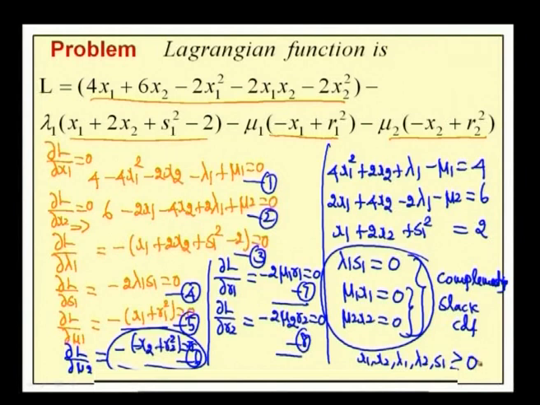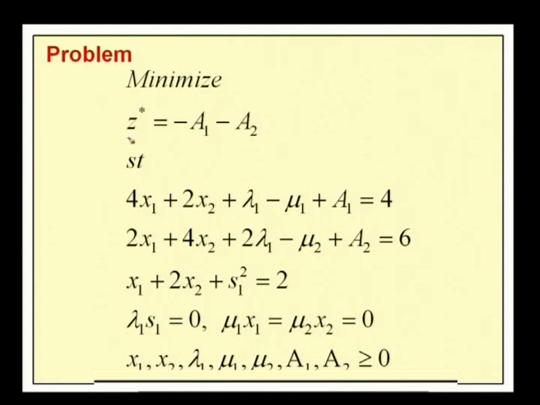So, for a given quadratic programming problem, with the help of the Lagrangian function, we derive the Kuhn-Tucker conditions as this one. So, the given problem can be rewritten in this form, where we introduce a new objective function z star equal to minus a1 minus a2. So, from the Kuhn-Tucker conditions, by introducing artificial variables, we modify the given LPP in which the objective function